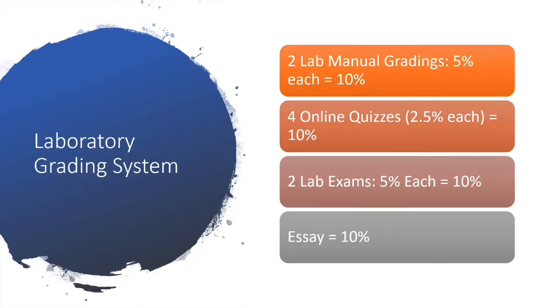All right, so the grading breakdown, which is in the syllabus: we have two lab manual gradings. Each of those is 5%, for 10% of that total 40%. These lab manual gradings I will review at the midterm and the final. So I basically review the first half and then the second half. I will want you to take pictures or scan, however, and send me